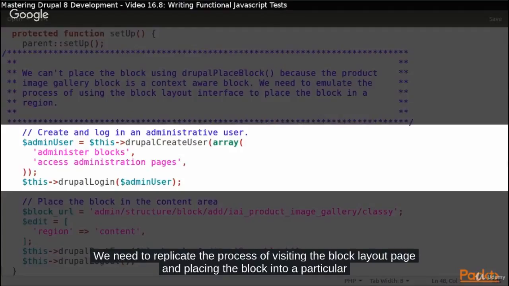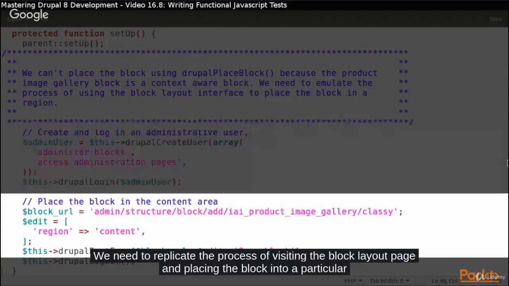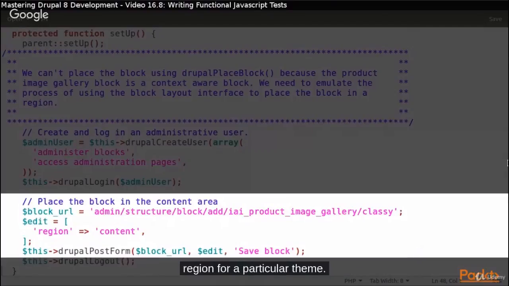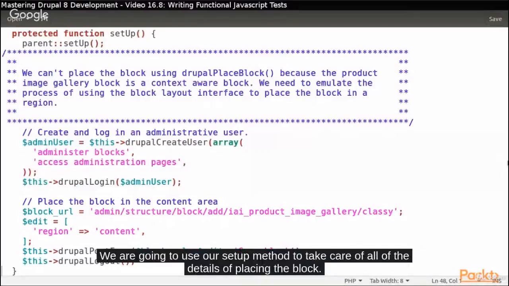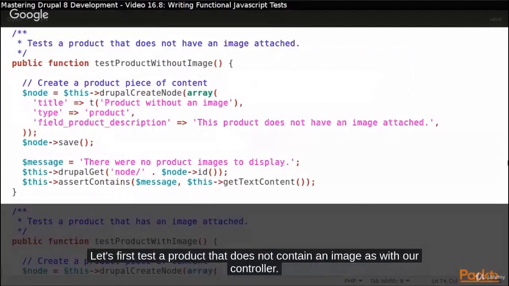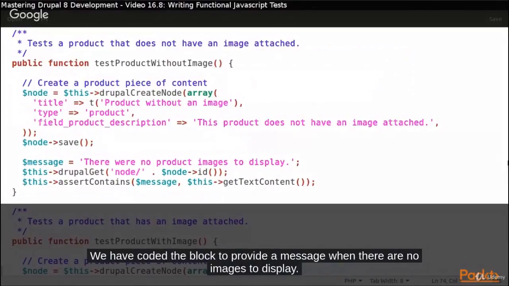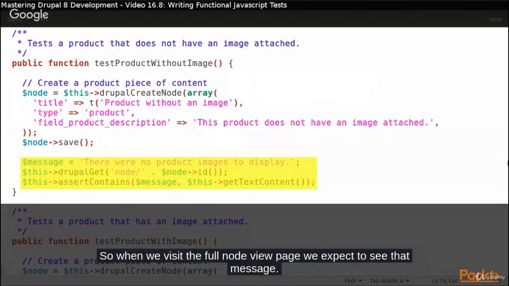We need to replicate the process of visiting the block layout page and placing the block into a particular region or a particular theme. We are going to use our setup method to take care of all of the details of placing the block. Let's first test a product that does not contain an image. As with our controller, we have coded the block to provide a message when there are no images to display. So when we visit the full view page, we expect to see